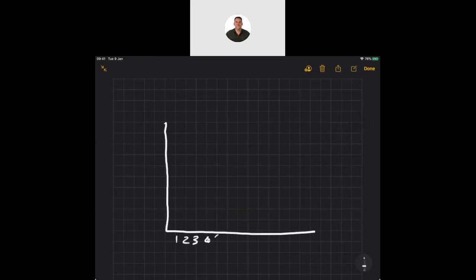I can do all the labeling, etc. that I might need to do, so they have that exact replica of what they might need to do in their books. I can show them how to plot those things and make that best fit line. But if I've screen recorded this, I can then share this video to the students using Seesaw, using Teams, using Google Classroom, whatever it might be, and they have that video to watch as many times as